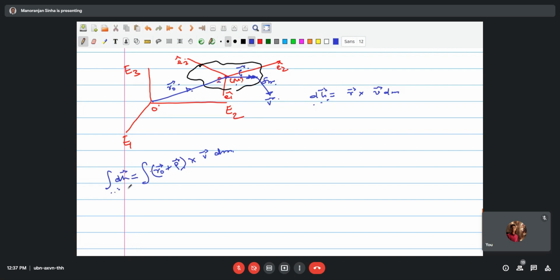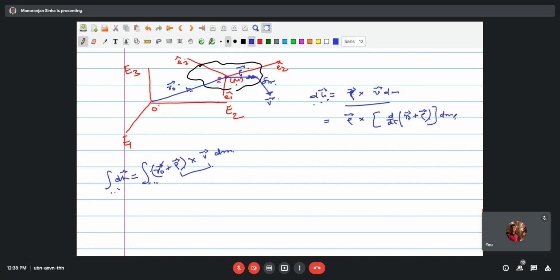So this is in the inertial frame. But if your frame itself coincides with the center of mass, its origin, then the things get simplified and this part gets dropped out, and we are left only with this part which I have written here. So this R will be replaced with rho. So rho cross v is d by dt of R0 plus rho.